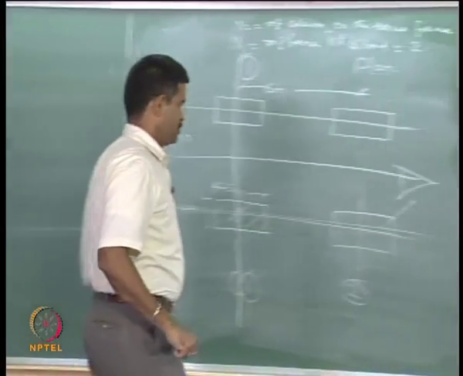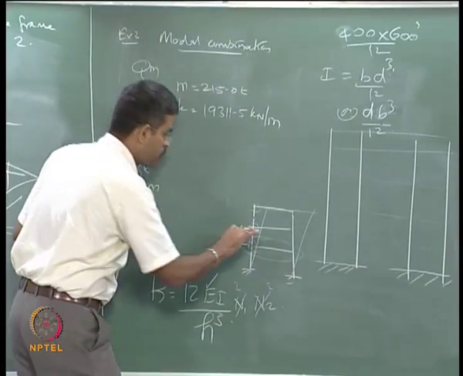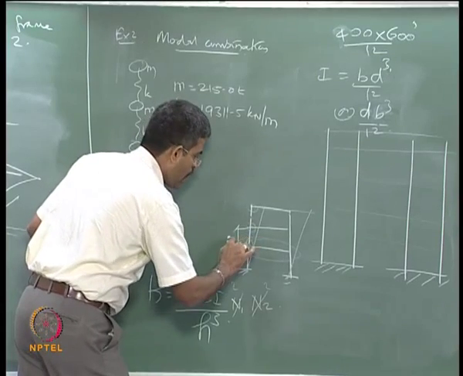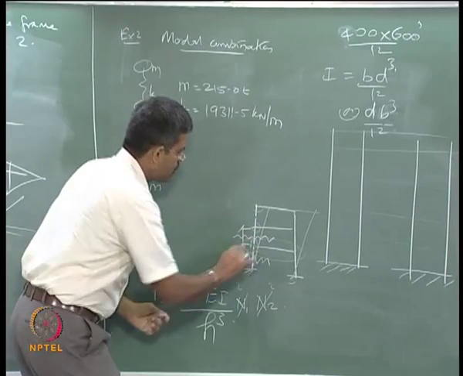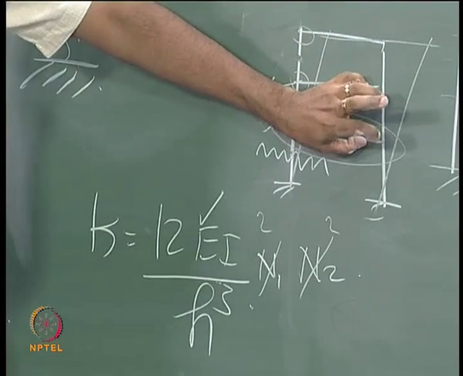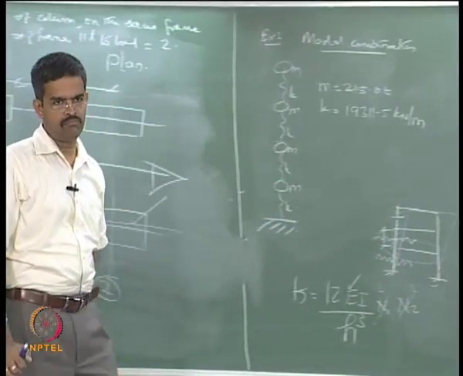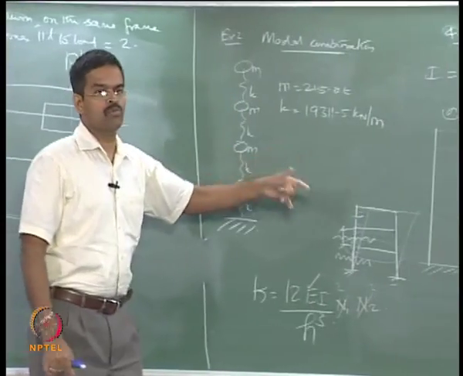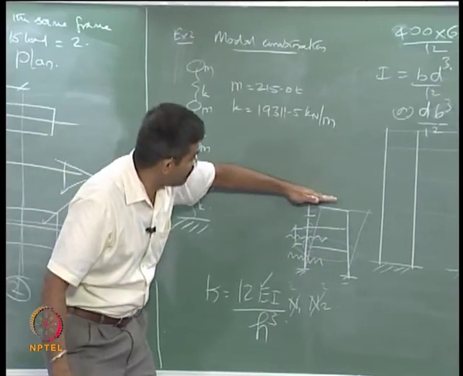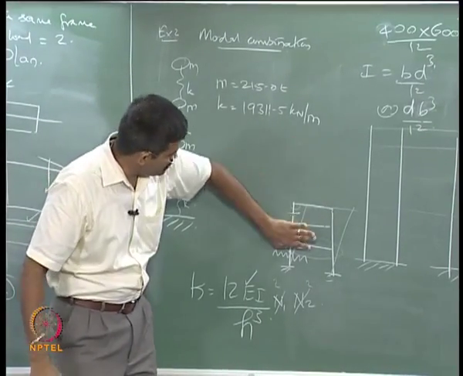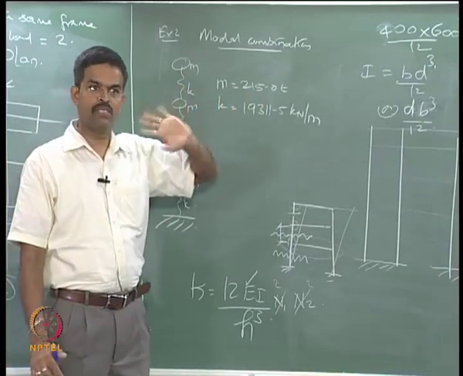To work out the mass, I must find the weight of all the material at this floor, considering half of the length of the column here and half of the length of the column here. It means at every floor the column height will be equal to one story height, whereas at the top it will be only half. So I can easily find m1, m2, m3, m4. In this case they are all equal, because I have a topside weight on a jacket structure which compensates for this. So m1, m2, m3, m4 are all m, which is 215 tons.